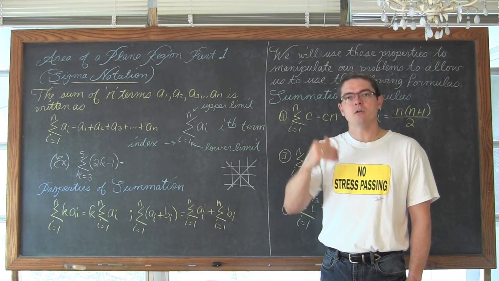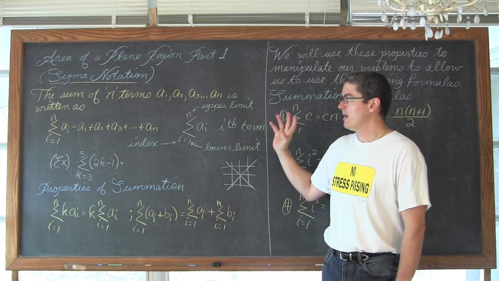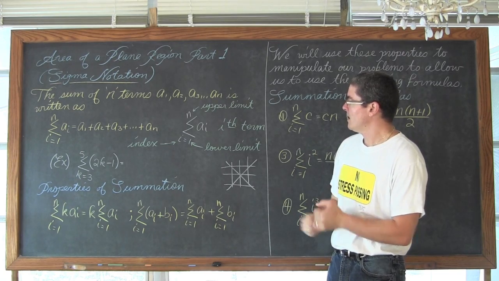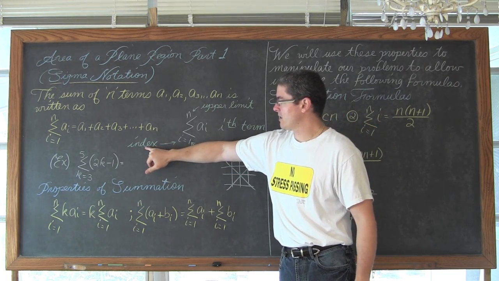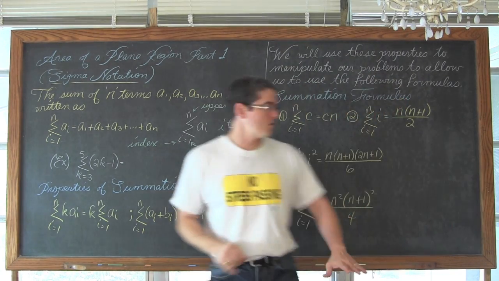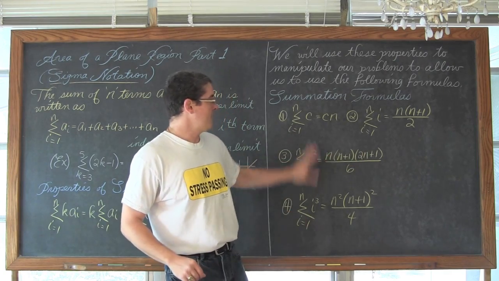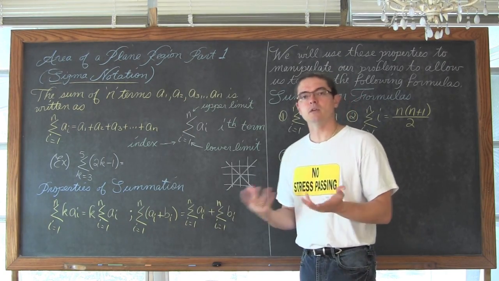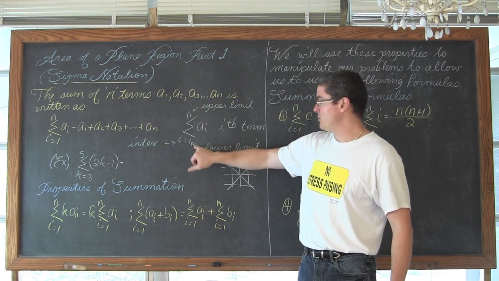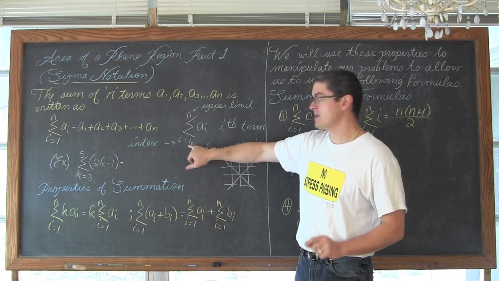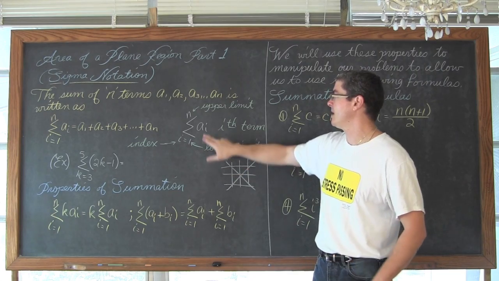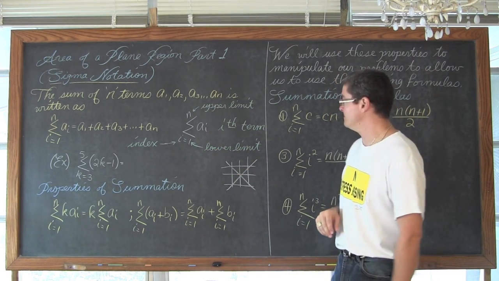If you've been watching my list of calculus videos, I have a video posted where I do some more basic skills with the sigma notation, so you can watch that if I breeze through this too quickly. The letter i is our index. We have a lower limit, which does not actually have to equal 1. We're just going to be using a lower limit of 1 as we use these four formulas that we'll use in the subsequent examples. We do count by 1, only by 1. The lower limit can be 0, can be 3, can be whatever, but it has to go up by 1 until we get to the upper limit. And this is considered our ith term.